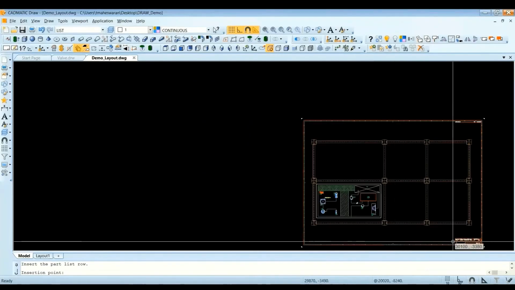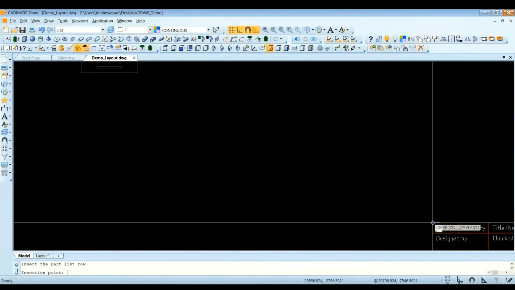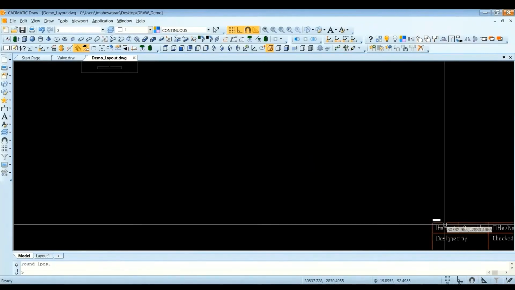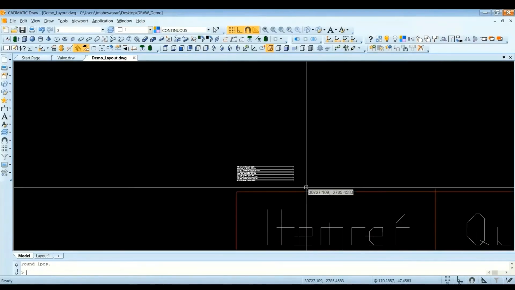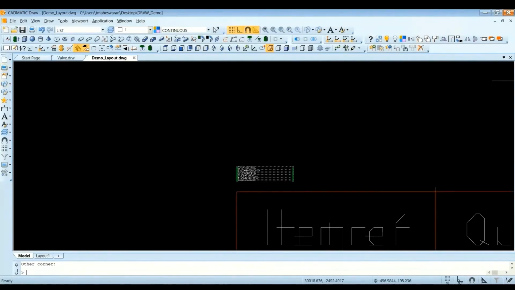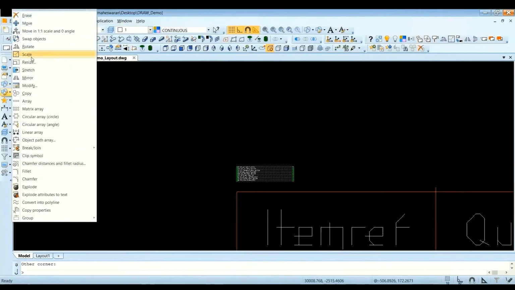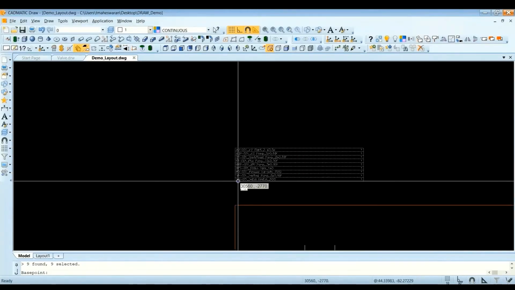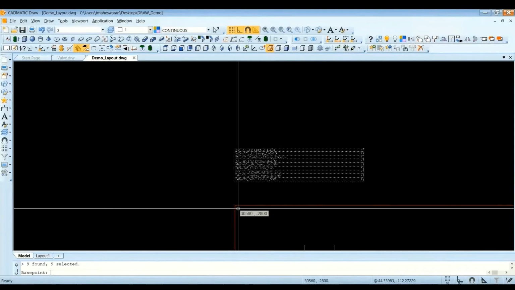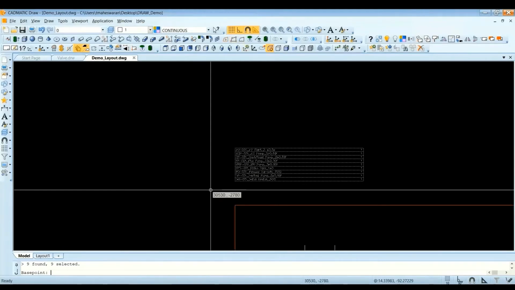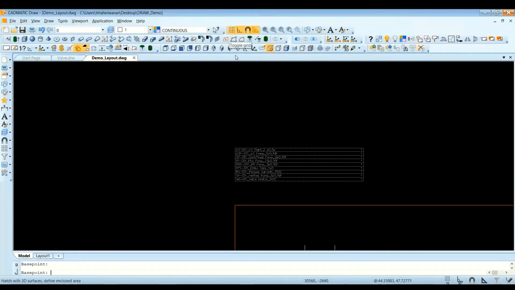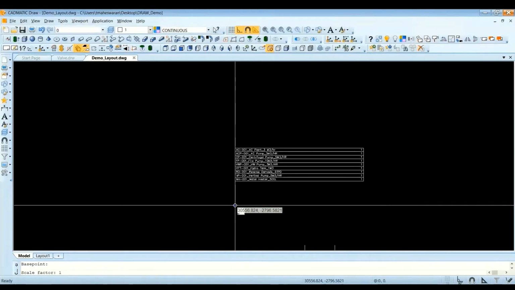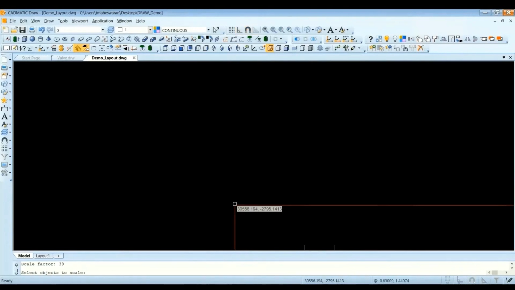And now I can specify my bill of material origin point. So this will be my origin point for the bill of material. It has been created, but at a smaller scale. I can just rescale it using this scale option. Again, it's similar: we select the base point for our scale. Here I already enabled the grid points. If I don't want the grid points, I can disable them. I can select the origin point for the scale. I'll just give a 39 scale factor.